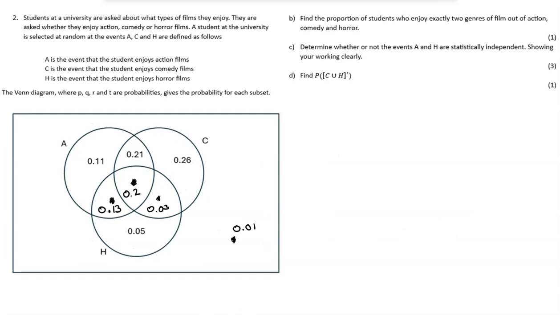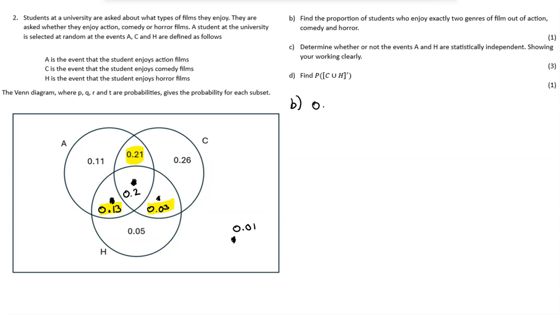So we've got some slightly smaller questions added on to this. We've got to find the proportion of students who enjoy exactly 2 genres of film out of action, comedy and horror. So that means they only like 2 out of the 3 exactly. Okay, so this would just correspond to the people that like action and comedy but don't like horror, because they only like exactly 2. So if it's action, comedy and horror, then that's all 3 types. We're not including that. So either action and comedy, action and horror, or comedy and horror, and then we'll just